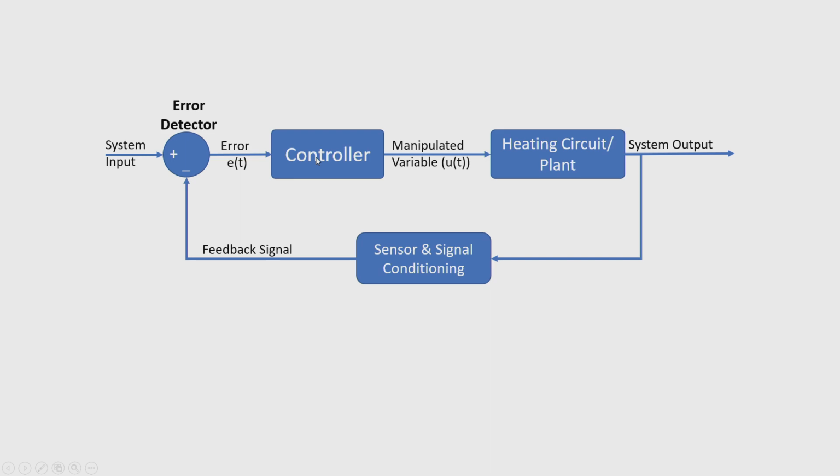So, generally you can use an on-off controller, P controller, PI controller, or neural network based or fuzzy logic based, any kind of controller which will understand the error component and generate a manipulated variable such that it maintains or controls the temperature on the plant. The temperature on the plant is equivalent to the set temperature by the user.